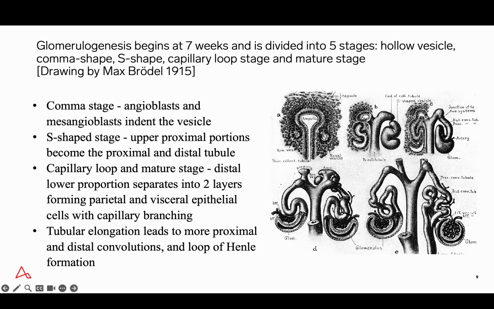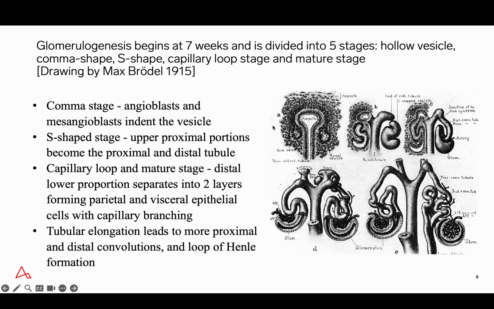Now, glomerulogenesis begins at 7 weeks, and it is arbitrarily divided into 5 stages referred to as the hollow vesicle, comma-shaped, S-shaped, capillary loop, and mature state. This is depicted diagrammatically in this elegant drawing by Max Brodel, published in 1915. Max Brodel is interesting because he started the first school of medical illustration at Johns Hopkins University in the early